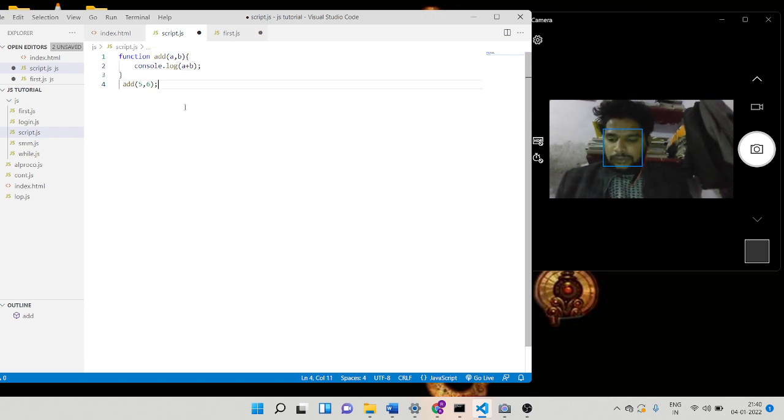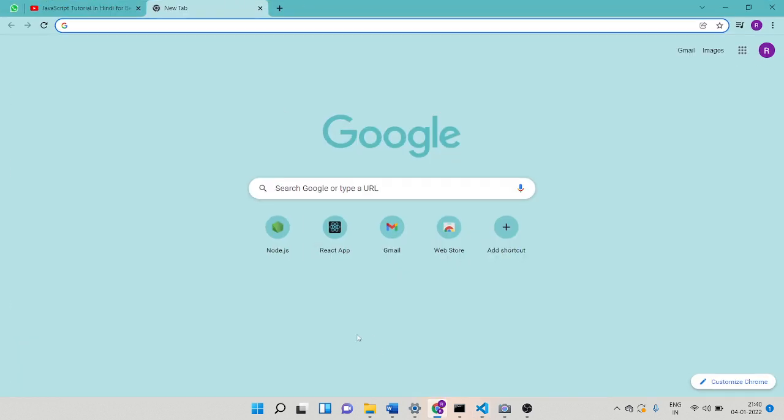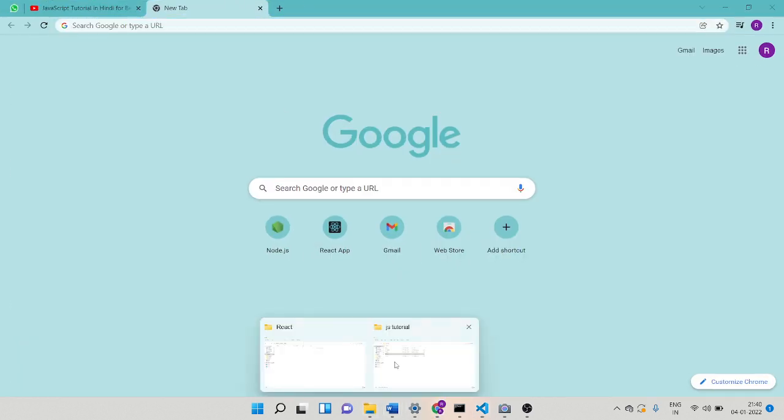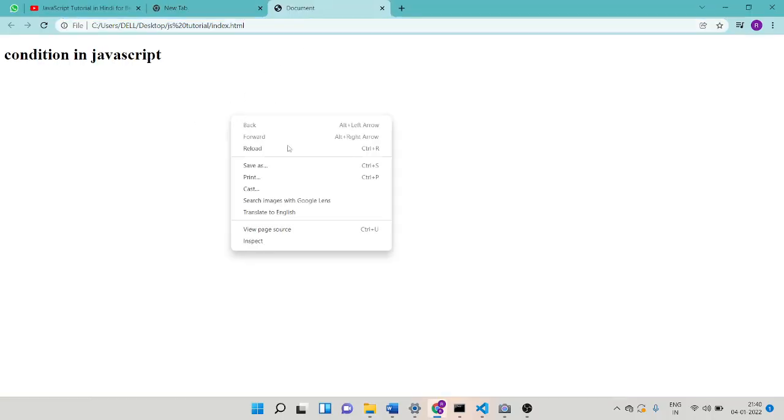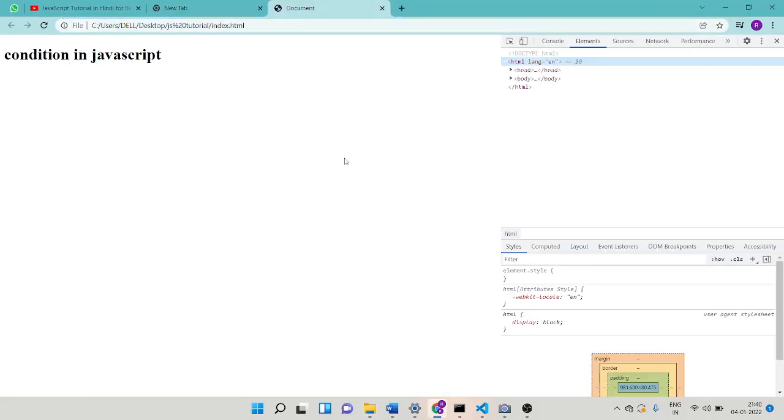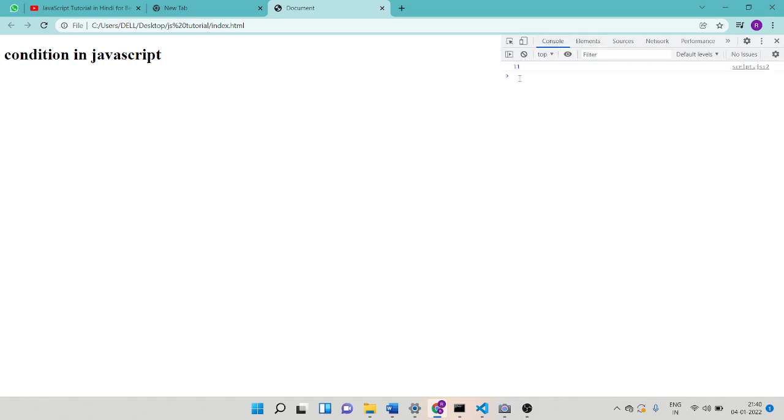So we save the file, go to the browser, and open the console, and the answer shown is 11.